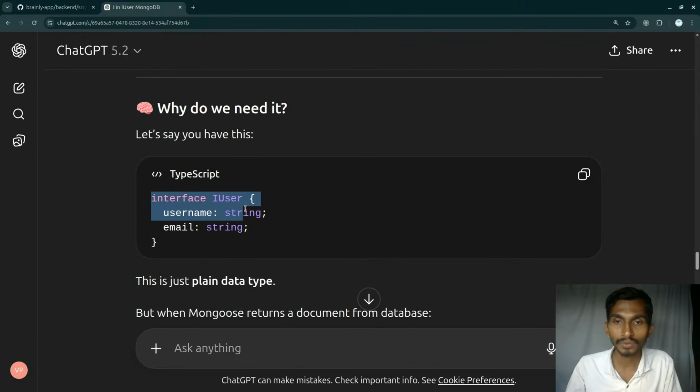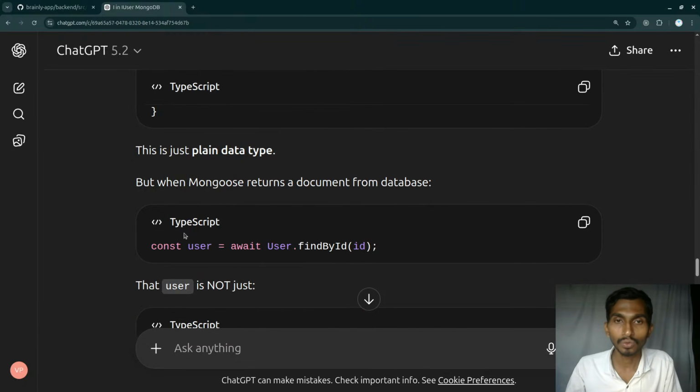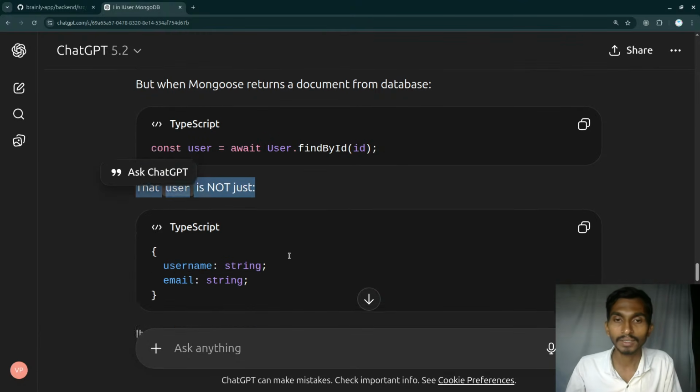Fine. Okay, with that, coming back to this one. So why do we need this interface with username and all? This is just plain data, but when Mongoose returns a document from the database, at that time, await user find one by ID, you get this user. So this is not just the user, that's right. Inside this